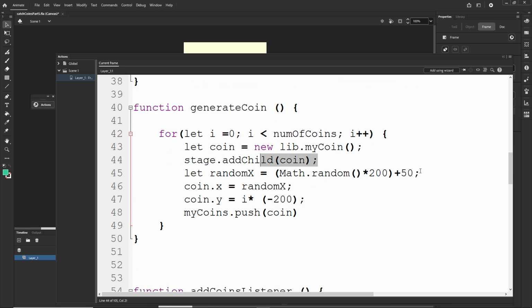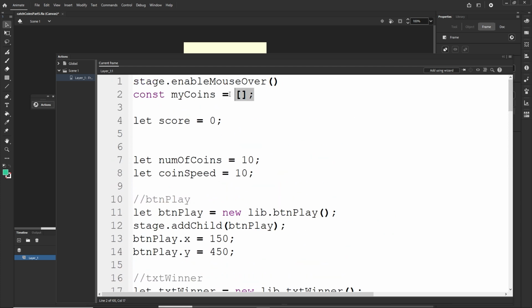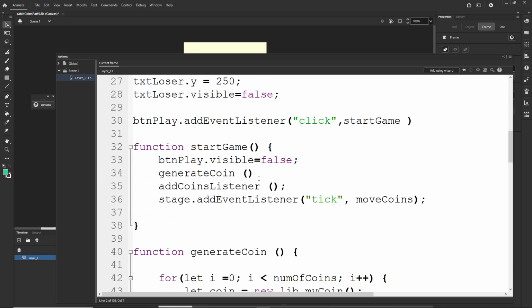We are going to position them with the random number, we are going to position the Y position, and we are going to push them to my coins array. So right now, after the generated coin function is executed, my coins is going to be filled with the coins, and in the start game function, generated coins is going to execute. It's going to execute everything, and only once the generated coin is executed, we are going to call the function